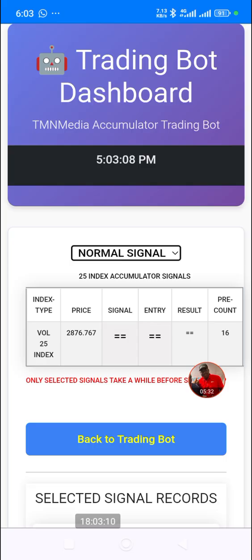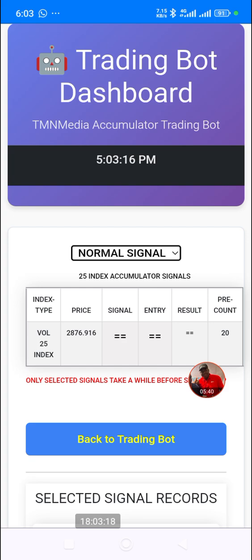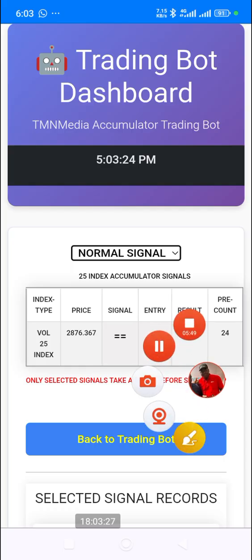Because it's the selected that our bot is also trading, not the normal. With the normal, you don't know when you can do 20 trades, no loss, 30 trades, no loss, and then the loss will just jump up and come from somewhere. That's how they always come. All right. See you in another